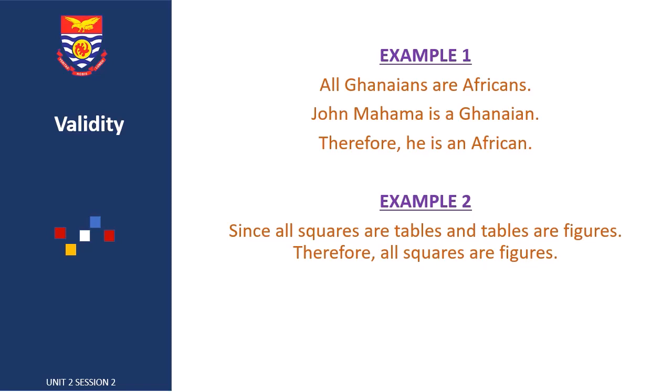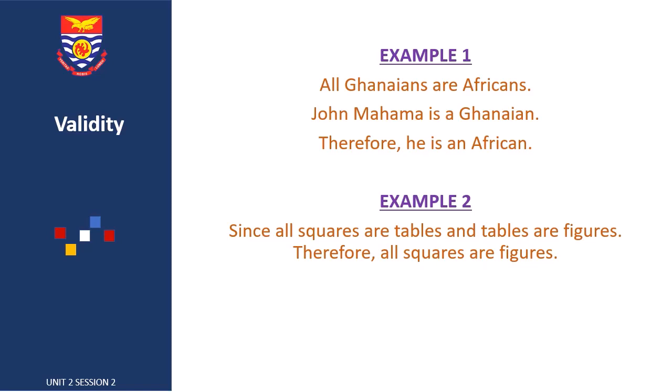The first sentence is actually two premises that have been conjoined together. So the first part, premise 1, says all squares are tables. Premise 2 says that tables are figures. But they've been put together into one complex statement saying, since all squares are tables and tables are figures. Now you should note that